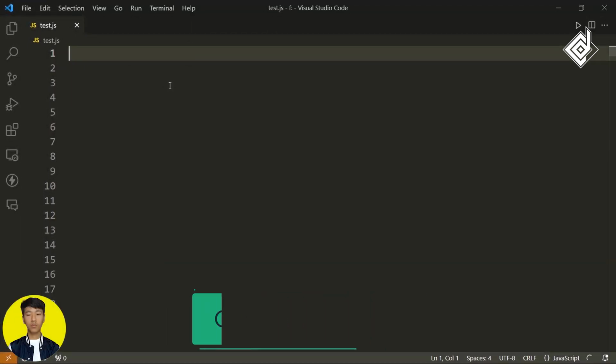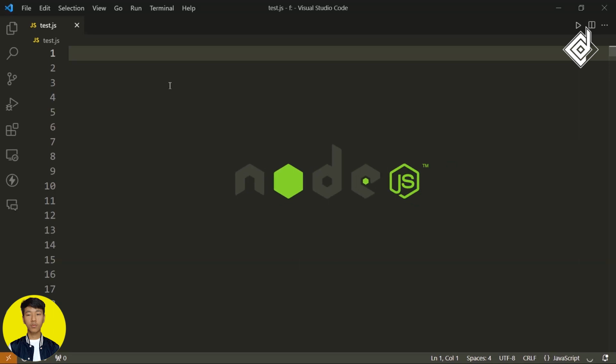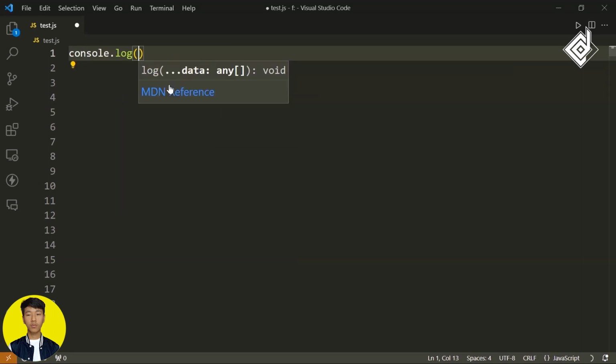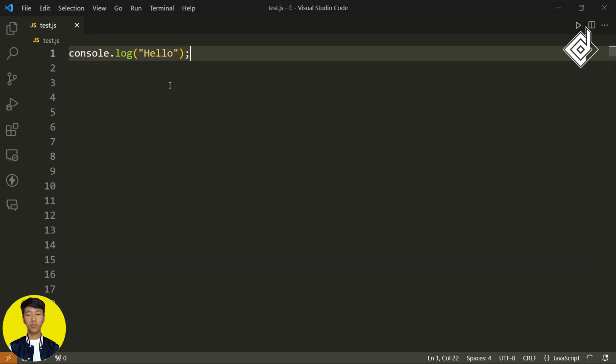Before starting this video, I just want to give some information about the tools that I am using in this video. For the code editor, I am using VS Code, and I have also installed Node.js on my system. So if I write this basic JavaScript code, and within my terminal I type node and the JavaScript file name, then you can see you'll be able to get the output within your terminal.